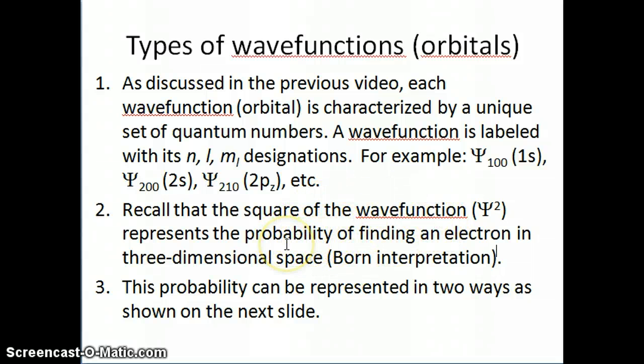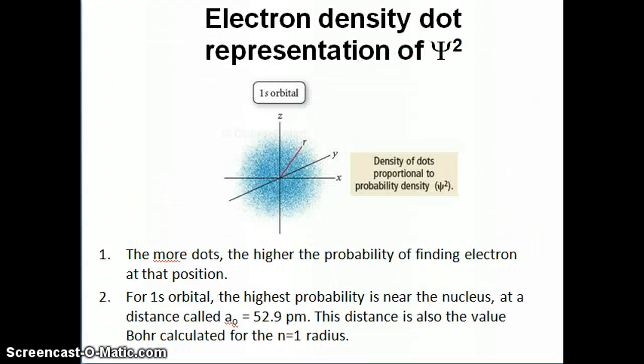So we're talking about the fact that around the nucleus you're going to have different spaces where you might have a higher probability of finding the electron in one space versus another space. So what we're going to talk about is how we represent this probability, both in terms of a drawing and in terms of a plot in a graph. Okay? So the first way to represent the probability density, in other words, the way to represent psi squared, is